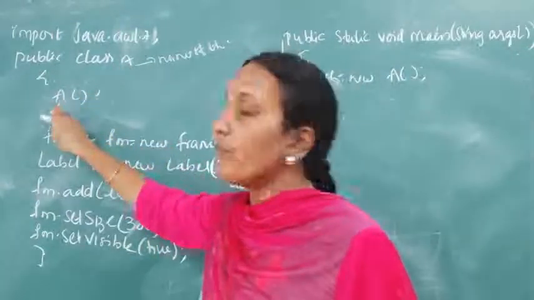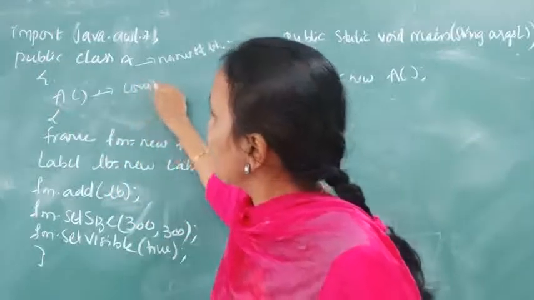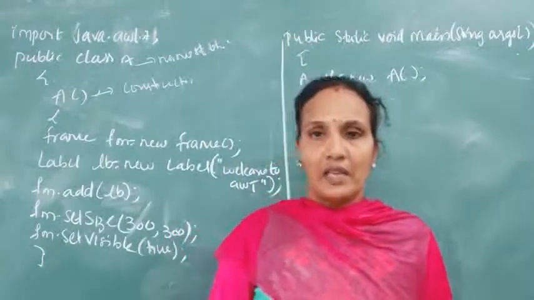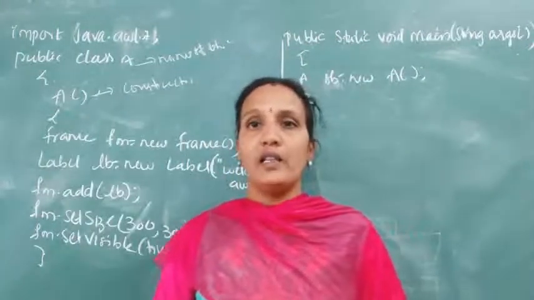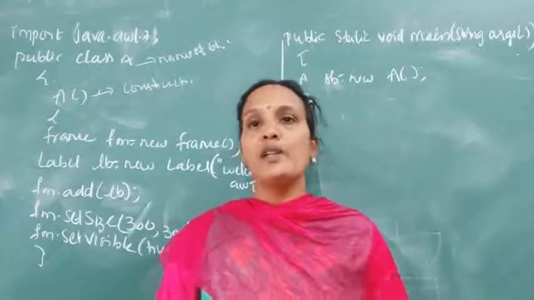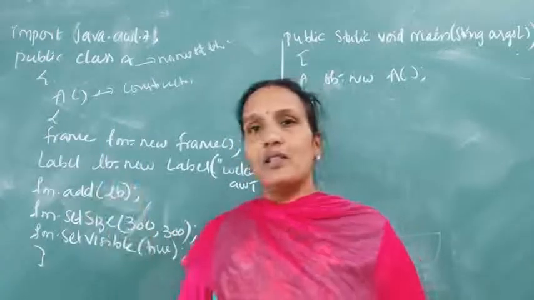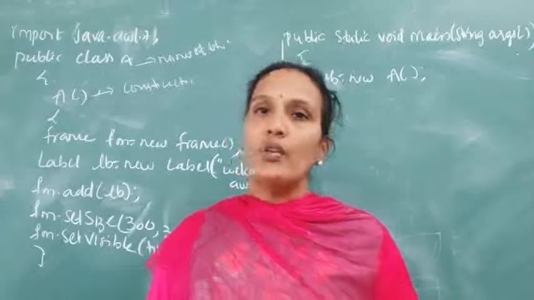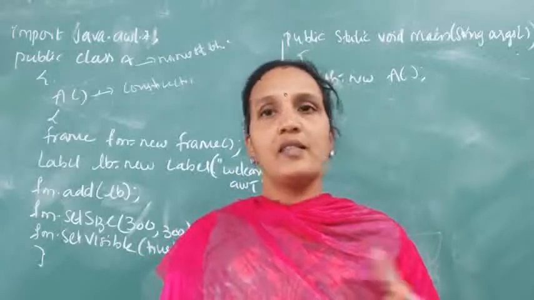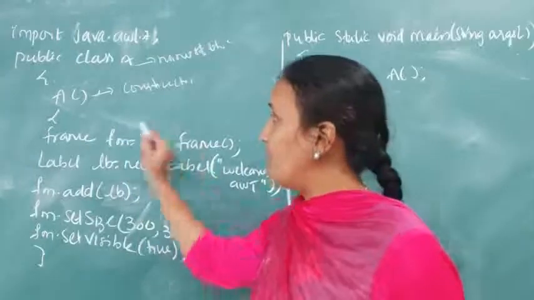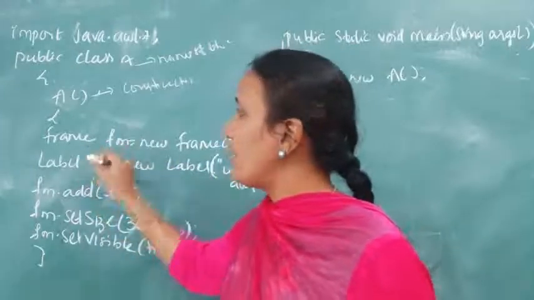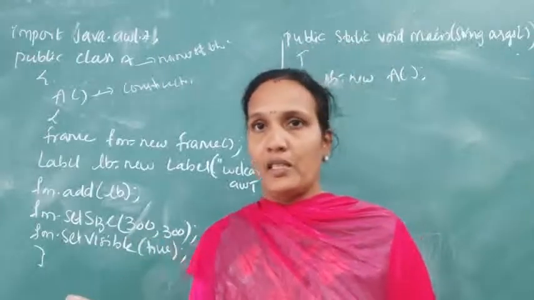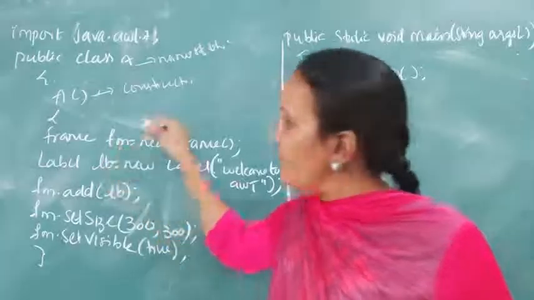With the class name, here I have created a constructor. Already I explained the constructor. When an object of the class is created, automatically the constructor will be executed. No need to call the constructor. Constructor is like a method, but a method you need to call. But if it is a constructor, you need not call. Automatically the constructor will be executed. Now, as already said, a frame can be created in two ways, by creating an object and by extending the frame class. So here I am creating an object.